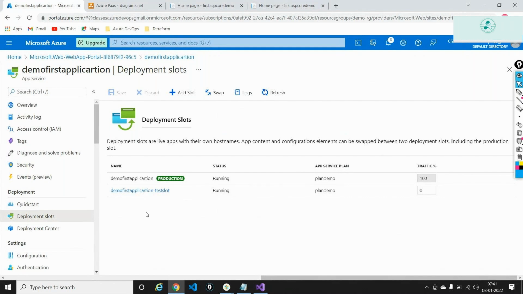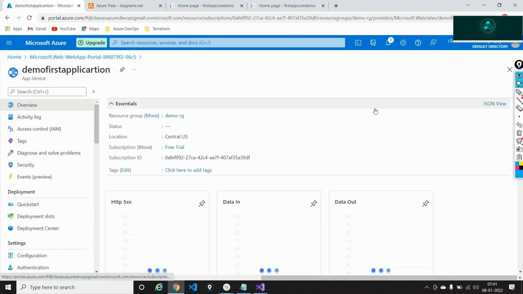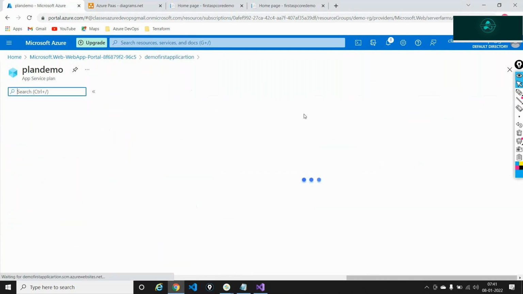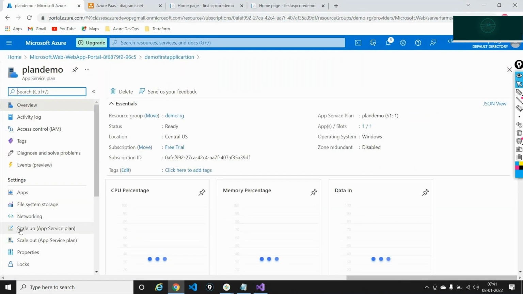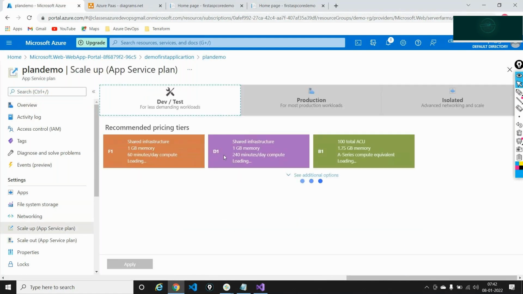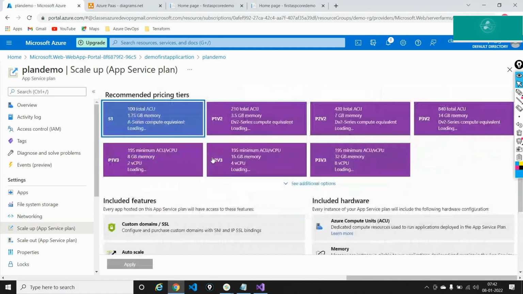I can add multiple slots. How many slots I can add depends upon your plan. So let's go into our plan. It's a 5. So you can have a maximum of 5 slots because your plan supports up to 5.